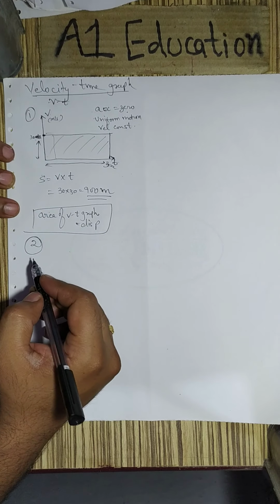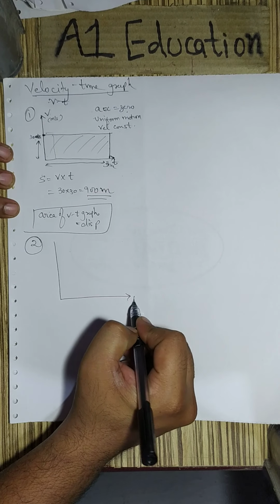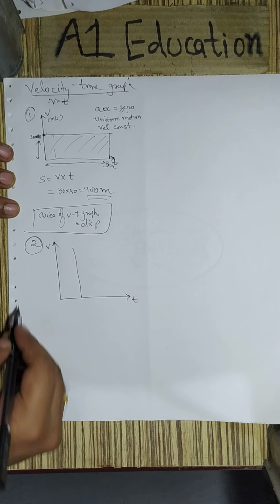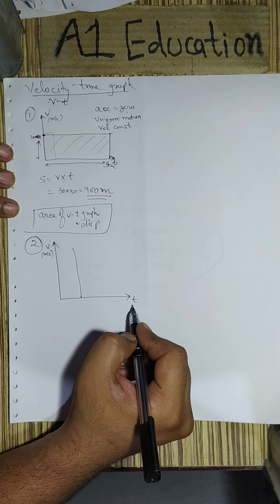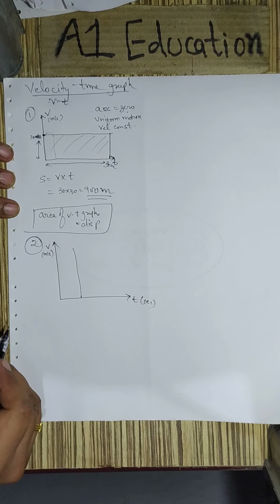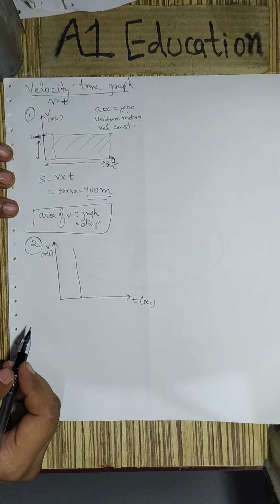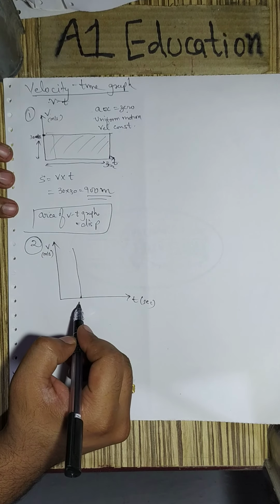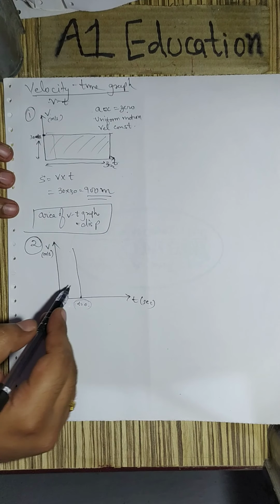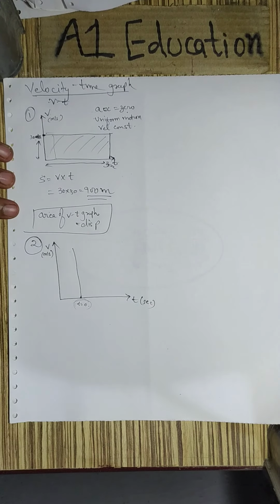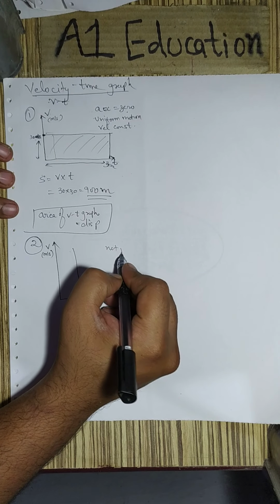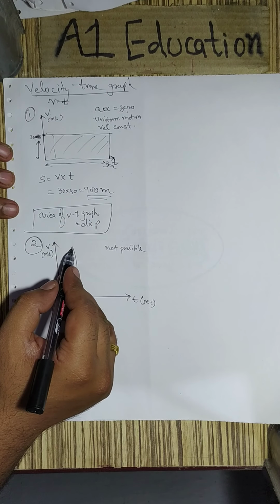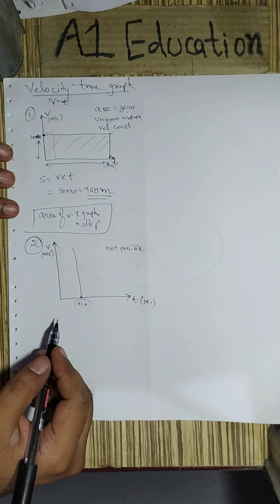Let us discuss the second type of graph, in which, let's say, the graph is a straight line parallel to the velocity axis. However, can you guess what type of motion it is, or what can you say about this? Being almost vertical means within no time, within time equal to 0, velocity increases so much. Practically we say it is not possible. It is never possible. Within no time the body is gaining very high velocity. That is practically not possible.